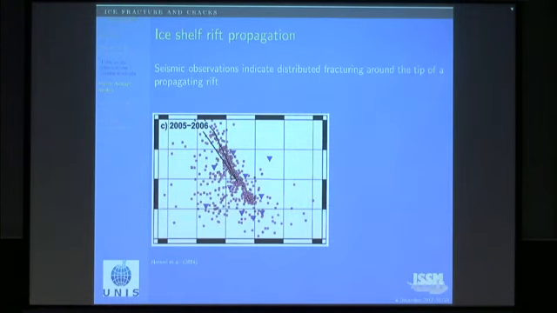So one area where I think this elastic damage modeling is maybe quite appropriate is for thinking about these through thickness rifts that propagate across ice shelves. These are some field measurements near the tip of a rift in Antarctica from seismometers in triangles, and little pink squares represent seismic source locations that are interpreted to be the result of fracturing. So you see quite a distributed pattern of fracturing near the tip of this big rift,